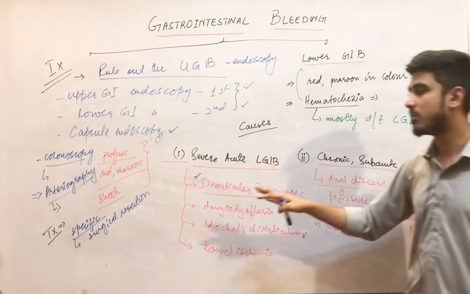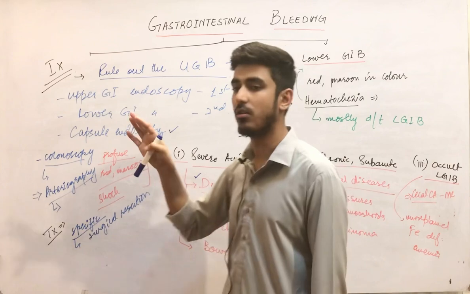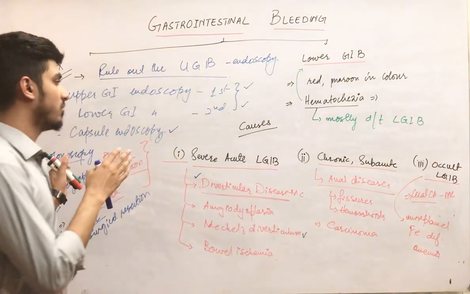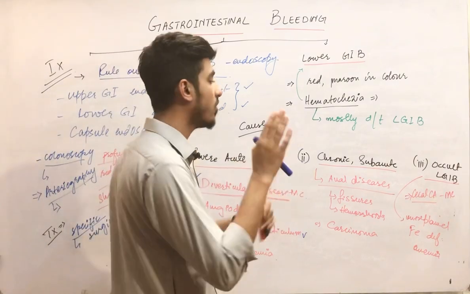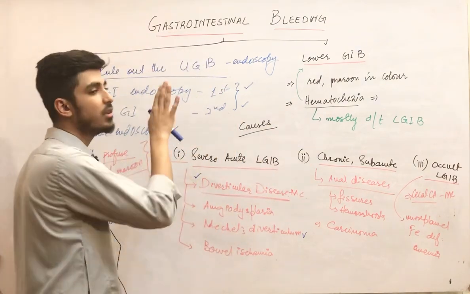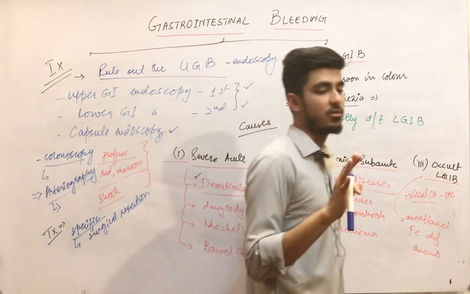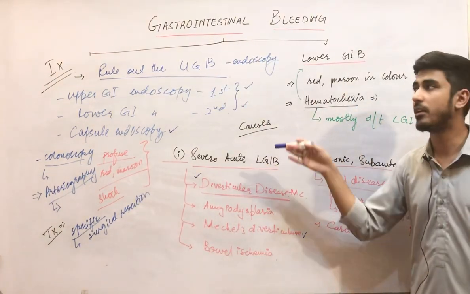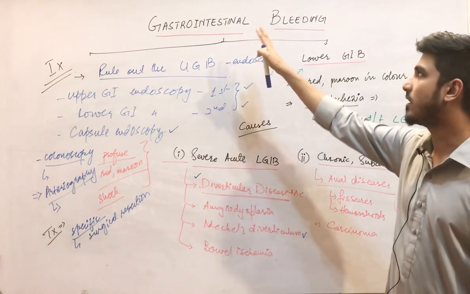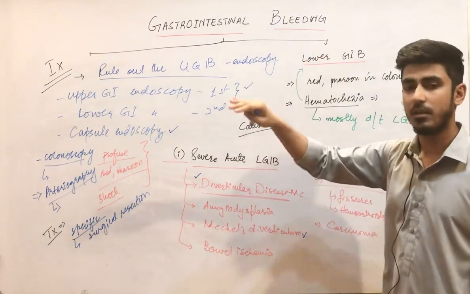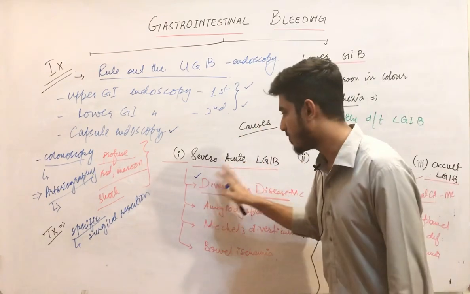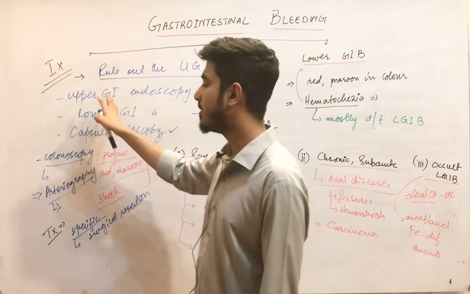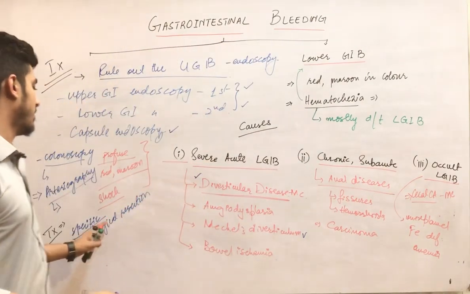But here, according to medicine, just remember that you have to manage the patient of lower GI bleeding initially, and you must know the causes of lower GI bleeding and upper GI bleeding according to the medicine lectures. Clear? So this was all about lower GI bleeding, upper GI bleeding, and simply gastrointestinal bleeding. We have covered upper as well as lower. We have done the causes of lower GI bleeding, the investigations you are going to do, and how you will treat lower GI bleeding.